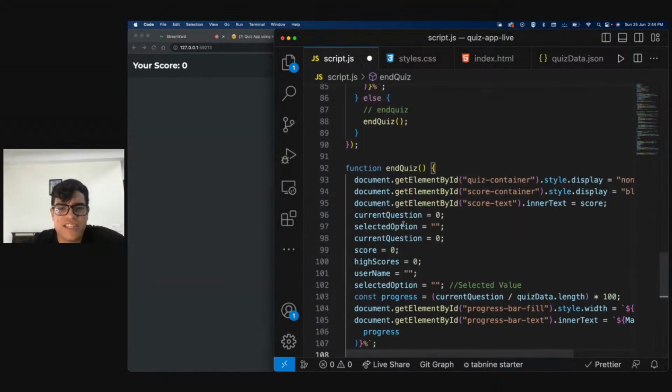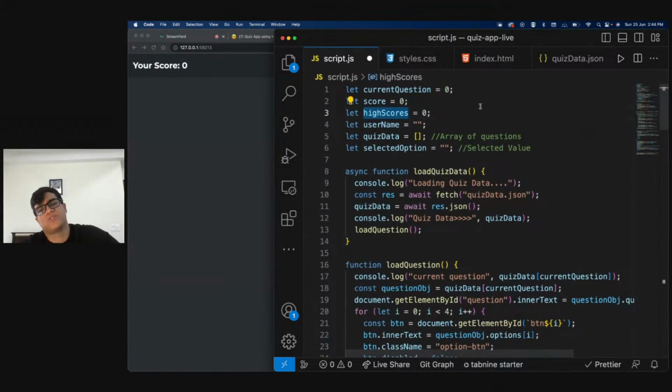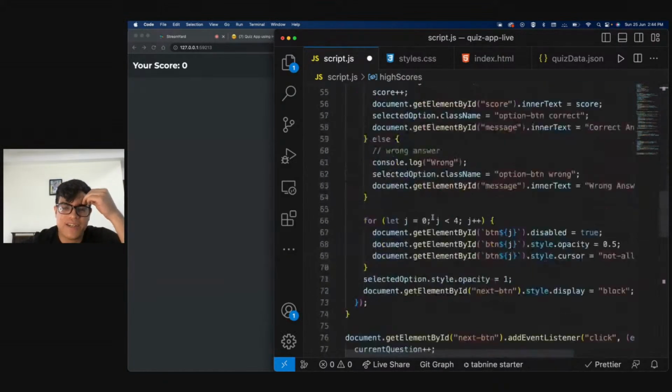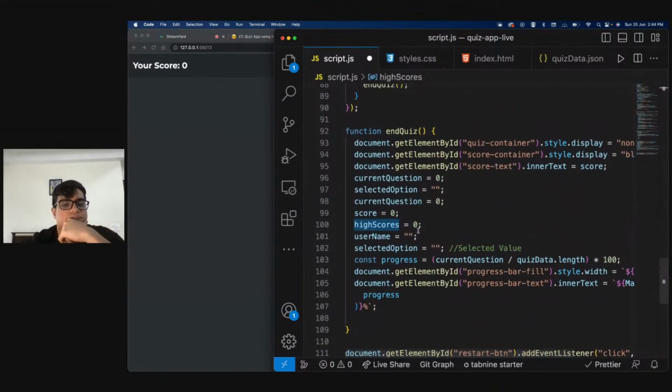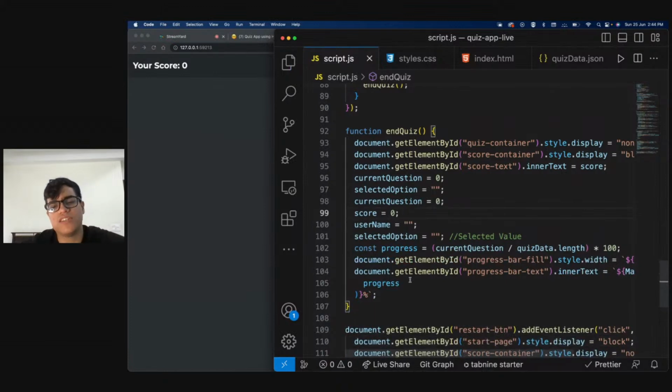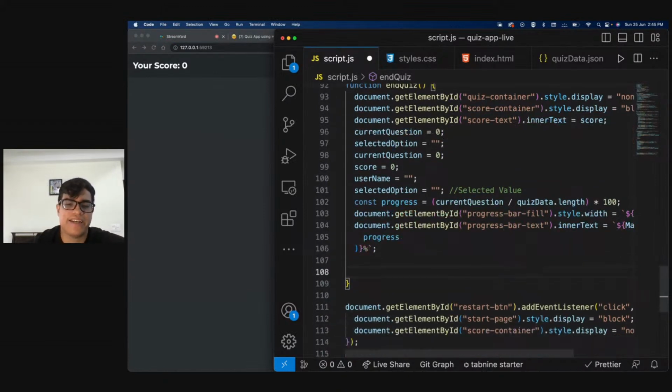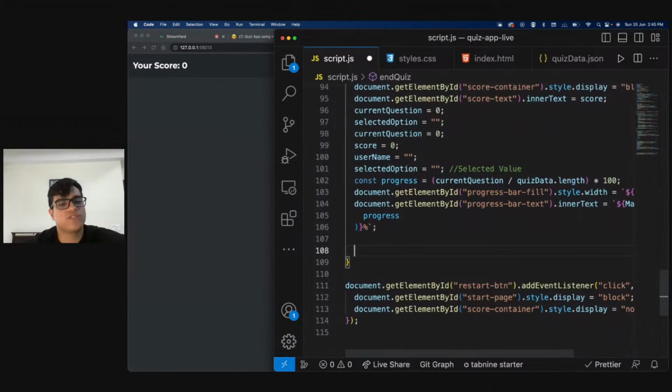Firstly, we need to get all of our scores. What we want to do is append to a list, right? How many of you know what local storage is?